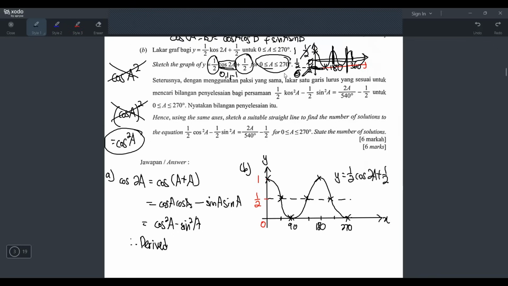Don't look at this when we are drawing the graph, because it will mess up your drawing later. So yeah, this is how you do it. Hope you understand. Now we can do